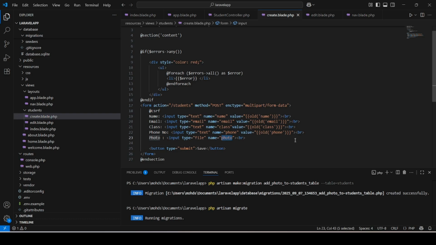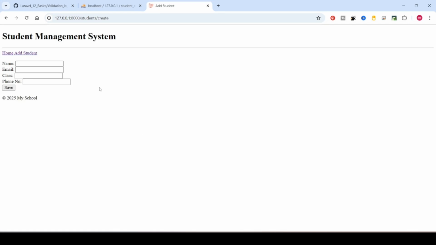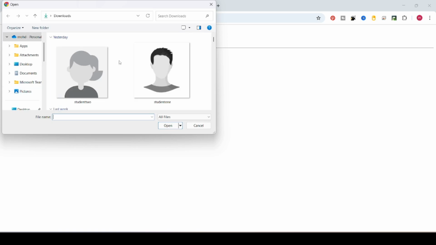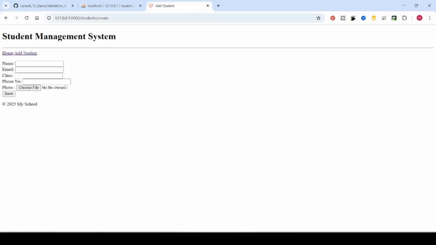Save this file, go to the browser and click on refresh, and you will see a field to upload the photo. If we click on choose file, it will allow us to select the photo. Then after selecting the photo, if we click on save, the data will go to the controller method